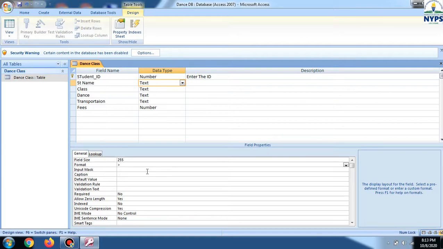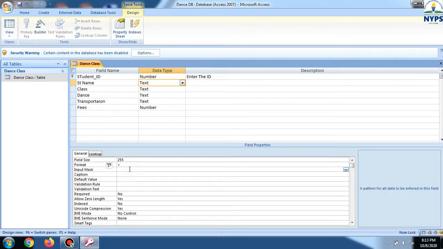Now I have put the greater than symbol here, that means the values which we enter in the student name will appear in capital letters. For small letters I can use the less than symbol, and this greater than and smaller than is used only with the text data type. So whatever I type in student name, whether I have pressed the caps lock key or not, it will appear in capital letters only.